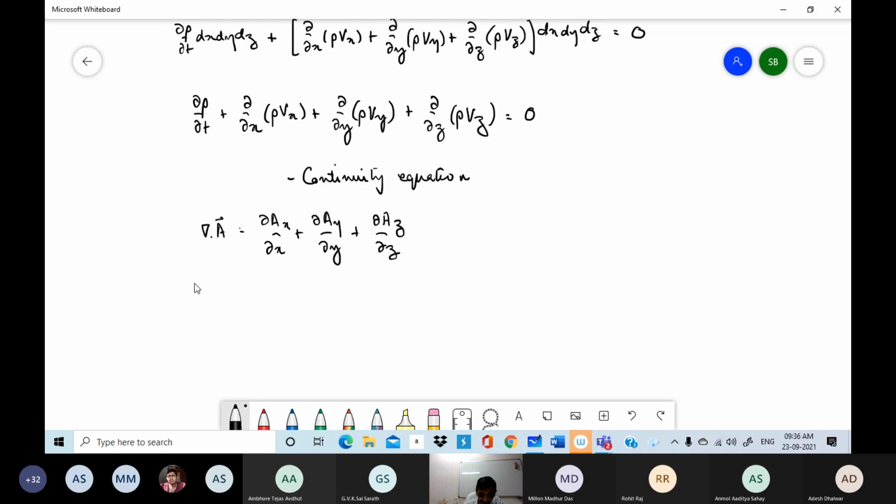So if I consider the product rho, the scalar rho, into the vector v, that is a vector quantity, and its xyz components would be rho vx, rho vy, rho vz. So then these three terms together can be written as